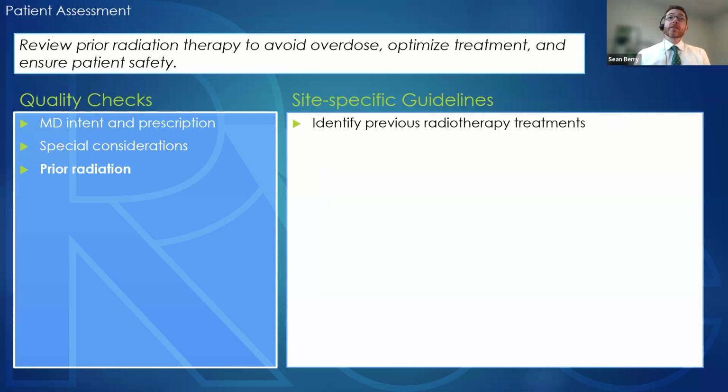And finally, previous radiation. Previous radiation is very important to take note of. And if the patient is noted to have had previous radiation, you really need to ask yourself, where did that radiation happen in their body? How long ago did it happen? What dose did they receive? Because all the answers to those questions will have a major impact on the current plan, especially if the treatments